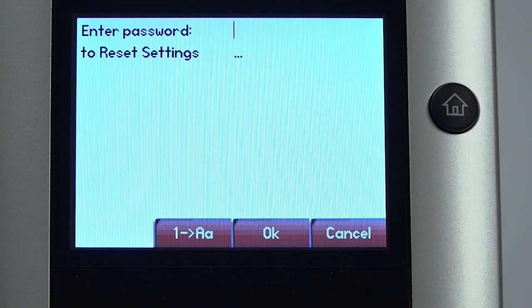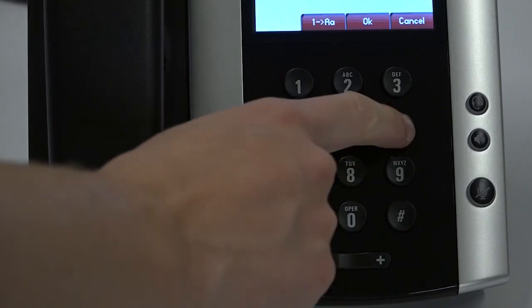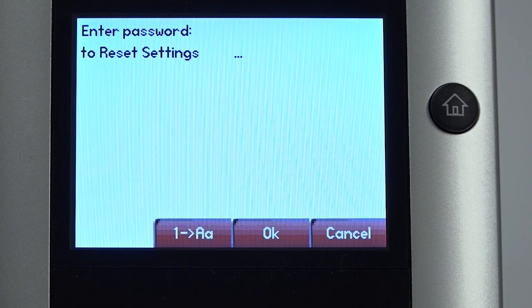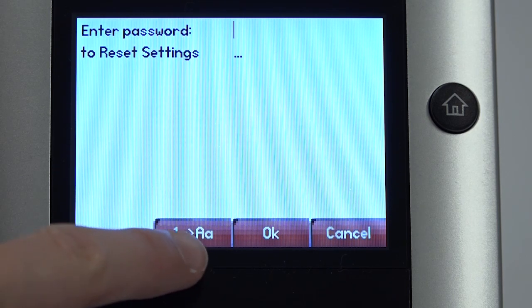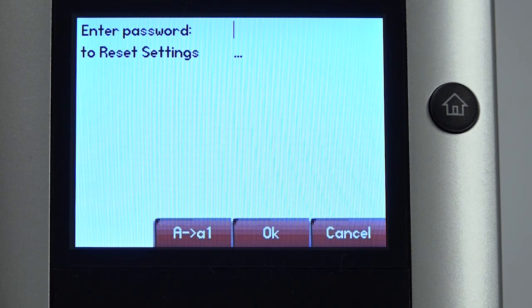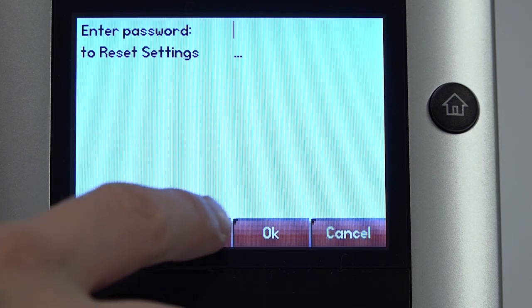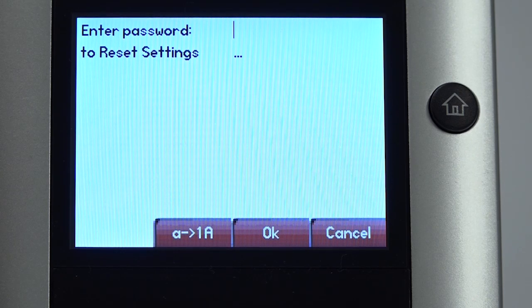There are two typing modes for the VVX. The third button from the right will be labeled 1, arrow, capital A, lowercase a. The first character is the current keypad output. Therefore, in this mode, numbers will be entered from pressing the corresponding dial keys. Pressing the typing mode button will change the output method to the next sequential character. In this case, pressing this button once will change the keypad output to capital letters, and the button will read capital A, arrow, lowercase a, 1. Press again to type in lowercase letters. When entering the MAC address, please enter all letters in lowercase.